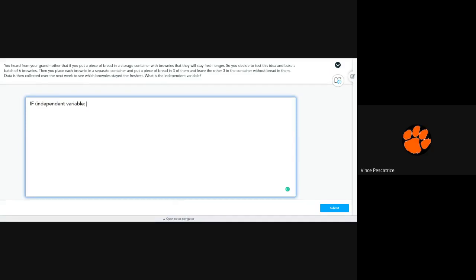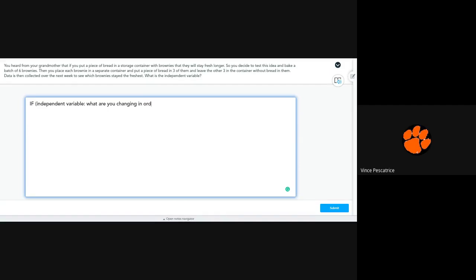So what is being changed? What are you choosing to change in this experiment as the scientist? What are you changing that you expect to make change in the experiment? So the independent variable is what you are changing